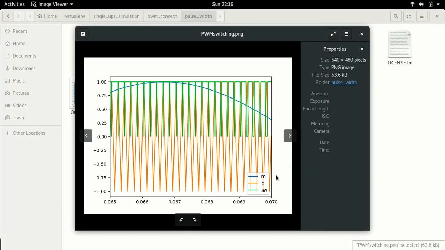Alright, so this is the process of PWM switching. Now you see here the blue line is the modulation signal, which is the reference waveform. The orange line is the carrier frequency. It's actually a triangular waveform, and the comparison between these two results in the switching logic, that is the green one, SW. Now I still think we haven't chosen the right one, so let me zoom in